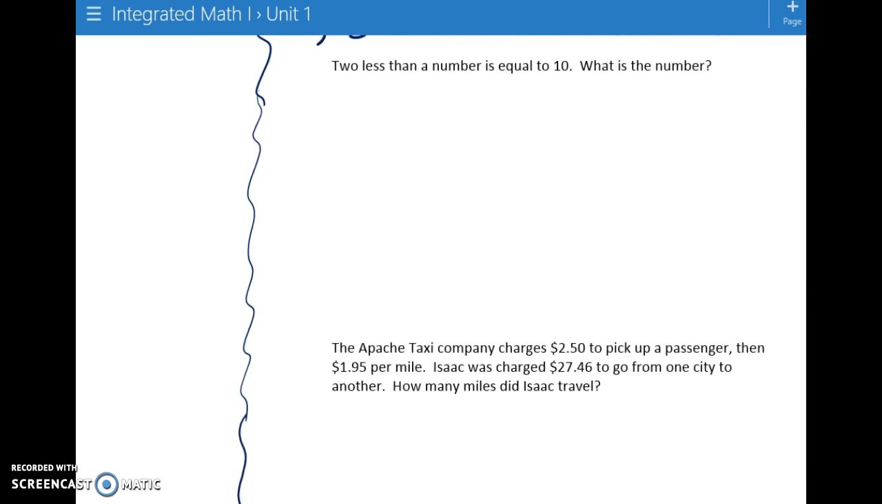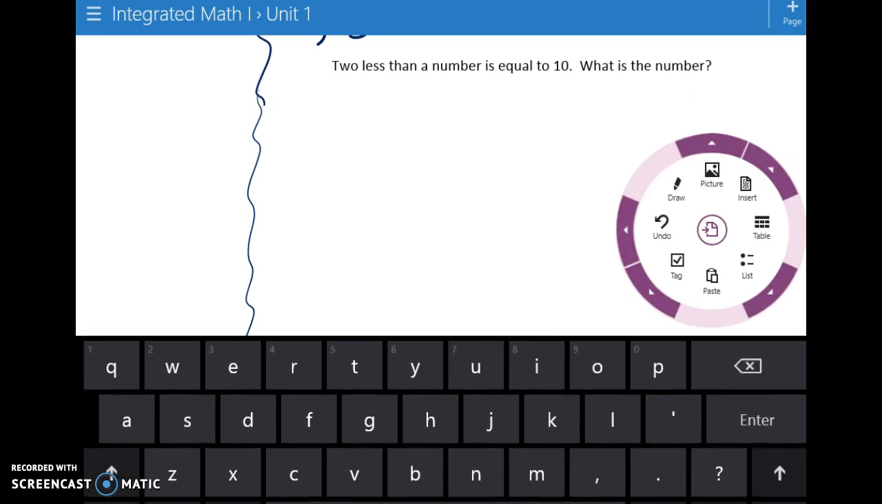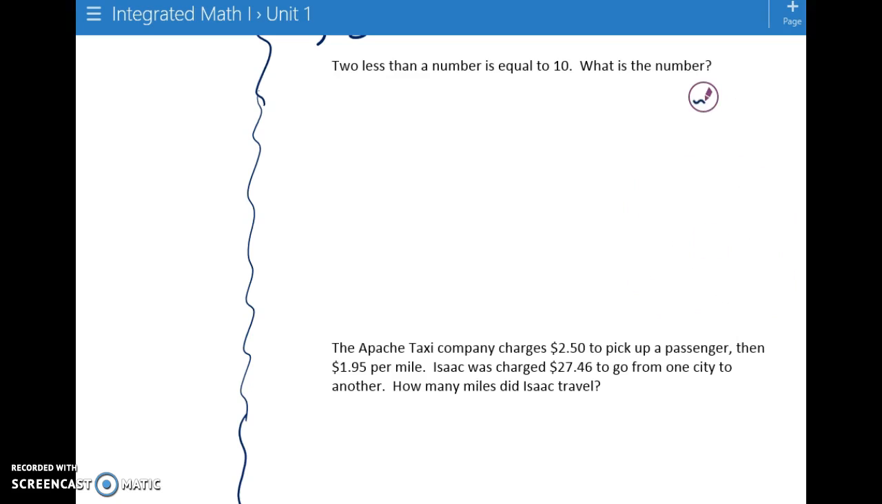All right, 2 less than a number is equal to 10. So what is the number? So this is a fairly simple problem, but the big thing I want us to pay attention to is this "less than." So when we say less than, we actually switch the order of the numbers we're talking about. For example, if I say